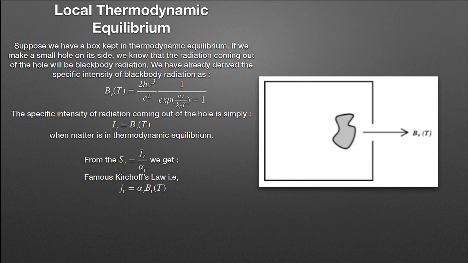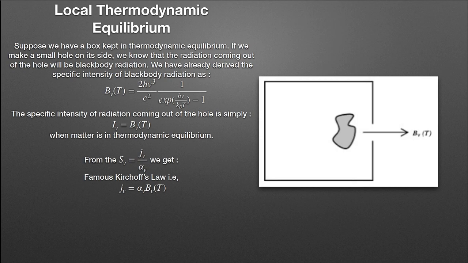So why is it so? For local thermodynamic equilibrium, we need a constant temperature kind of thing. And for that, we know that we have considered our star to be a black body. In previous slides we have seen the Maxwellian distribution, the Saha and Boltzmann equations, and Planck's law. For them also the temperature is constant, and especially for Planck's black body radiation, the matter should react properly with all those things.